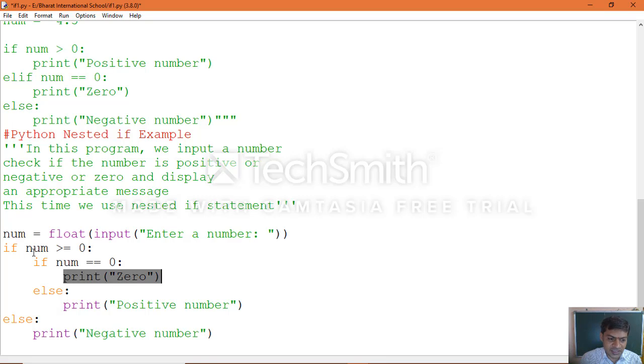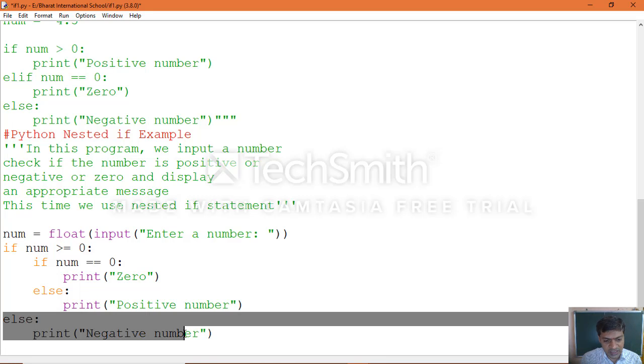Suppose the first condition is true, greater than or equal to 0, and the second inner condition becomes false, then it comes to this block and prints positive number. Suppose the first outer condition itself becomes false, then you can see this else part will be executed as the output.